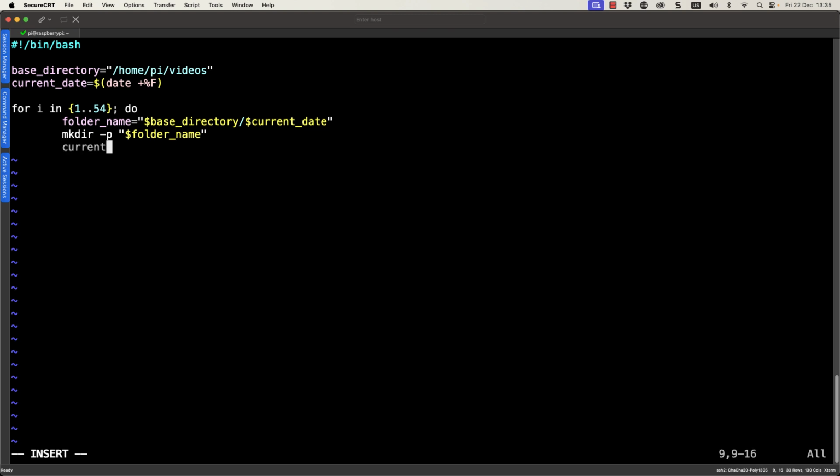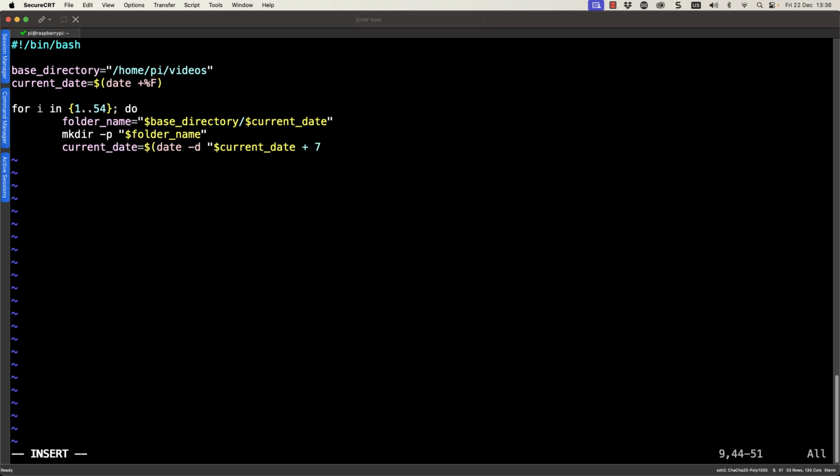So the next bit, we need to increment the current date variable for the next iteration. We can set our current date to be the output of the date command. Again, we're using -d for our date, but now we have to specify that we want to adjust the current_date variable rather than the default, which would be adjusting the actual current date and time. So we can pull in our variable current_date plus 7 days.